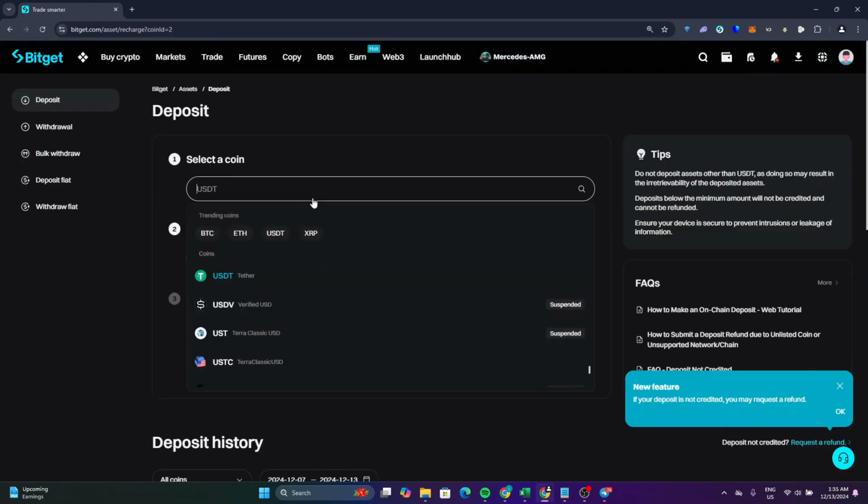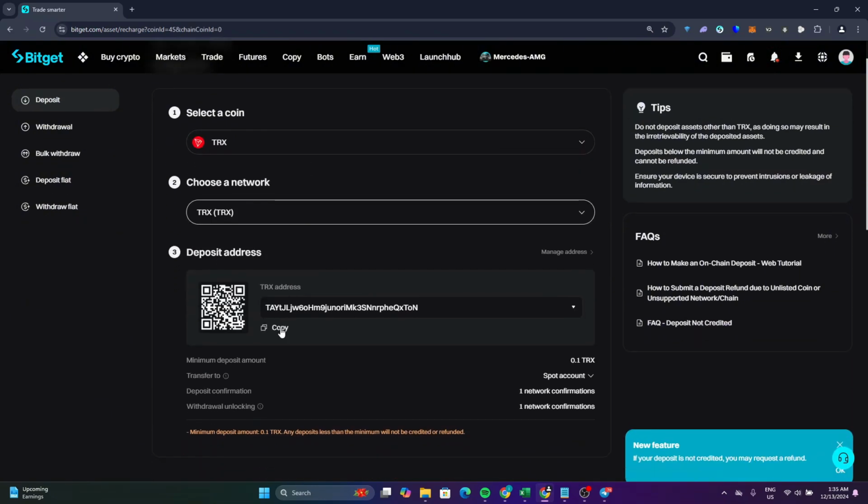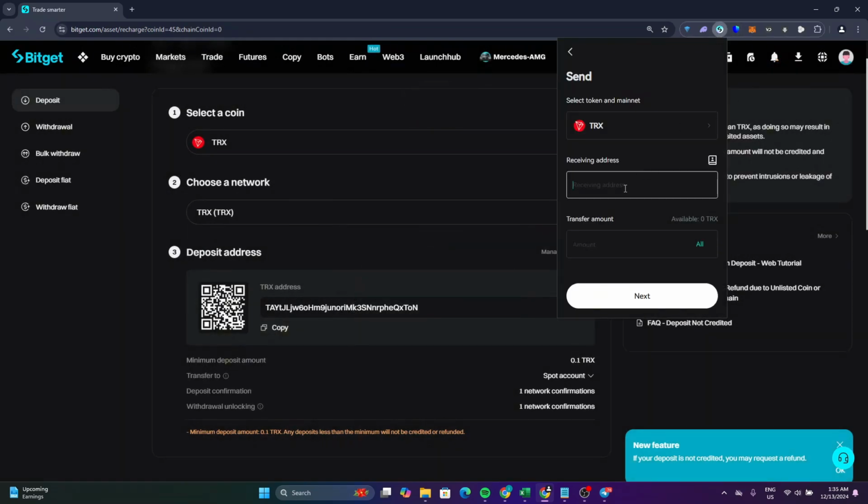And now after that, select the TRX as you can see here, and now select the network, it's TRX. Now copy the wallet address and now go back to your Bitget Wallet extension. Now paste the address here and now enter the amount that you want to send. Now this is how you are able to send TRX, or coin, from Bitget Wallet